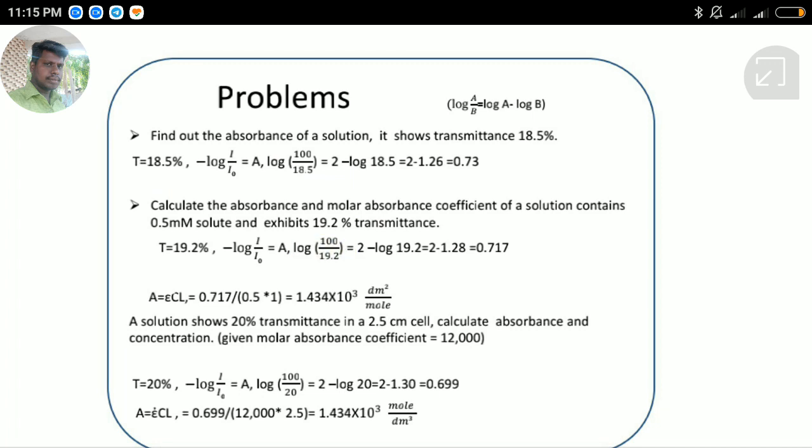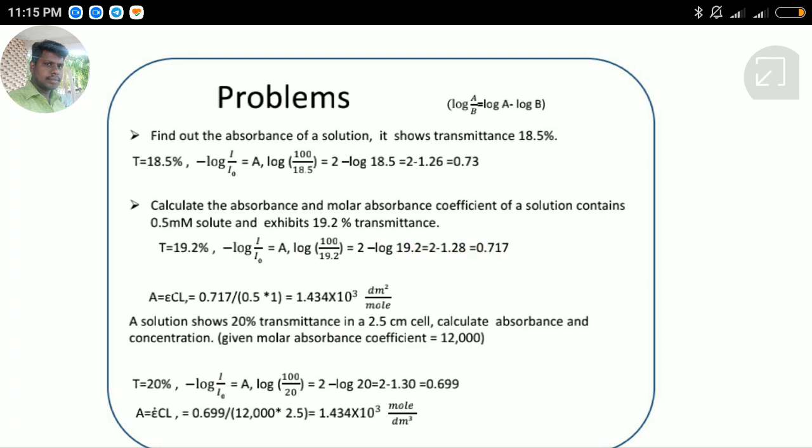Multiplying the minus sign in, log 100 is 2 and minus log 19.2. The log 19.2 value is 1.28. So 2 minus 1.28 equal to